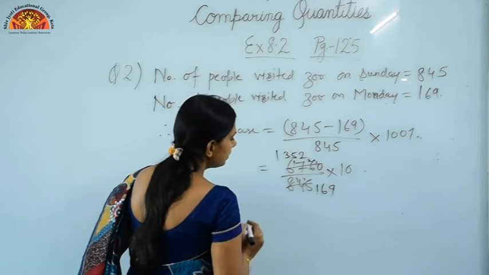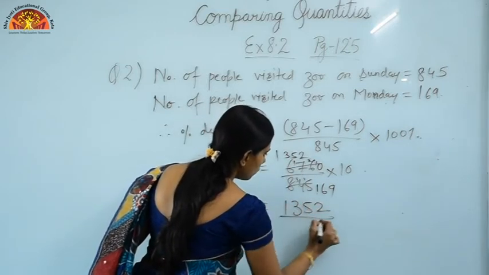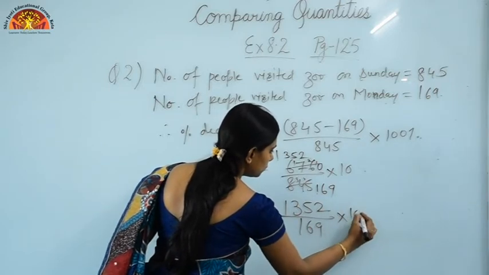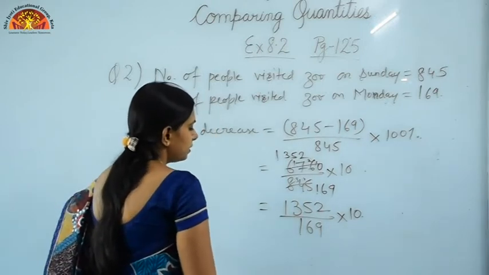so 5 2s are 10, that is 1352 upon 169 into 10. Okay, now you can just calculate it. So